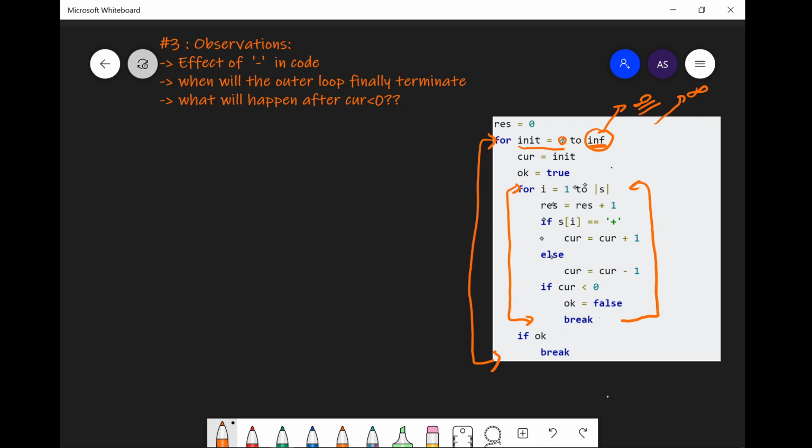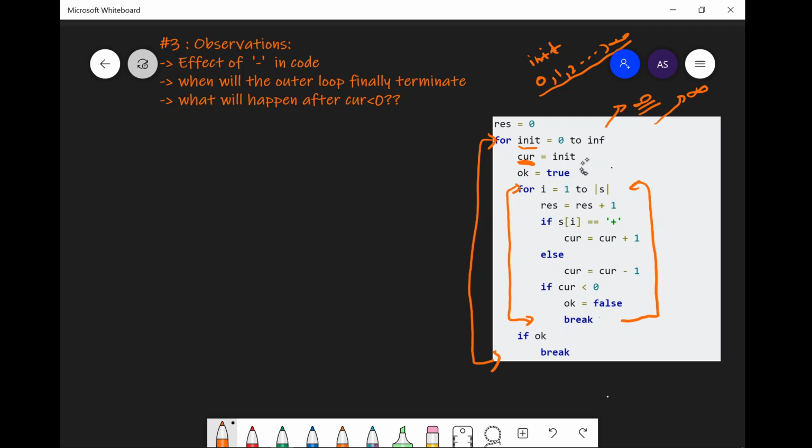In each iteration, we can extract that the current variable gets the value of init, and init goes from 0, 1, 2, all the way to infinity. So the current variable takes values from these.